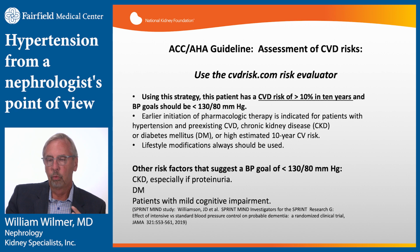So using these guidelines, which you are now understanding we nephrologists like, because as nephrologists, our patients also have extremely high cardiovascular risk scores. You look at the patient with all the other risk factors involved. You don't look at them as a silo of hypertension, but you look at them as an individual who's been a smoker, who has hyperlipidemia, and you delve in further, heart disease, family risk factors, etc. And if you go to this website,